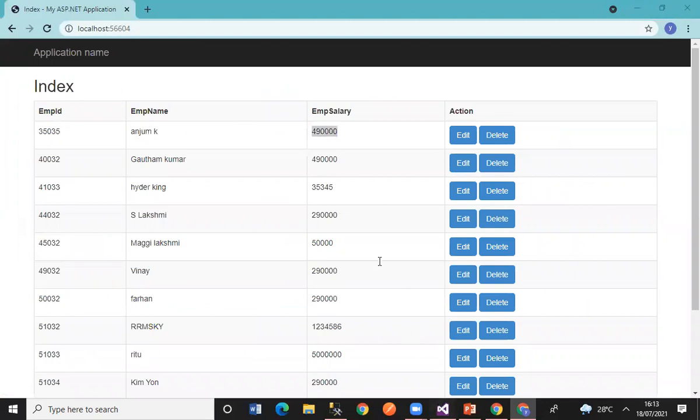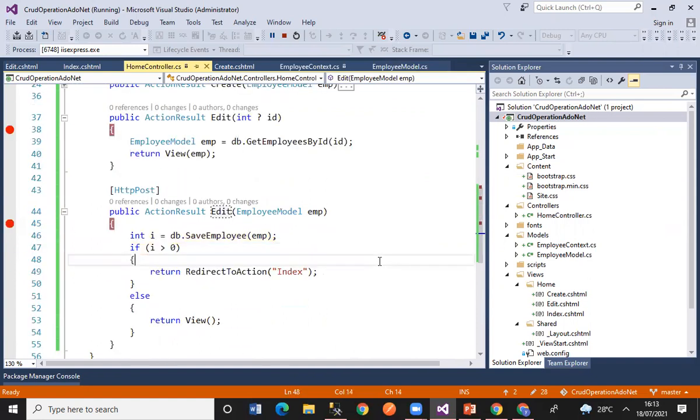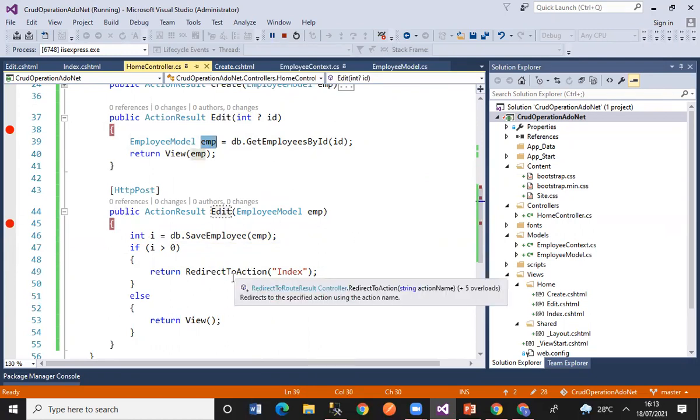The code is very simple, guys. We are writing our code very simply so that you can understand it. So this edit method, based on ID, will bring the data of the employee, and we are populating it into our text boxes. This particular code will take the values, whatever changes we made, and based on that, it will update the record. Okay. So I hope, guys, you have understood the code. Thank you.